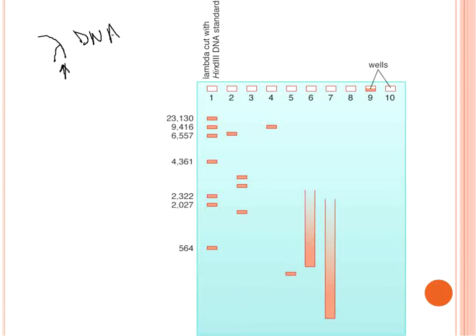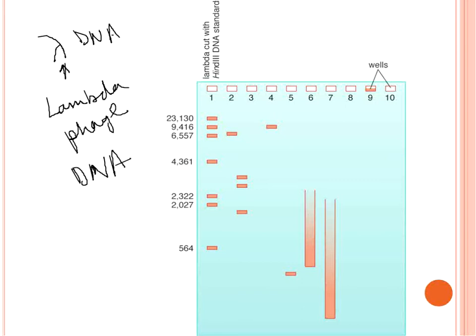So lambda refers to lambda phage. It's a particular type of phage that infects bacteria, right? So it's the DNA from lambda phage that they use. So we know how big lambda phage DNA is, and if you cut